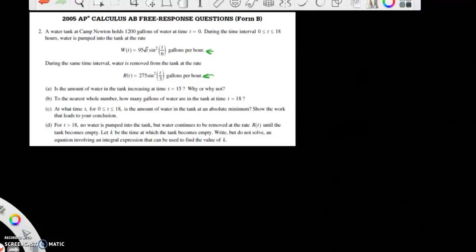So if you want to know if it's increasing or decreasing, you got to figure out W of 15 and R of 15. This is probably the hardest thing, plugging into the calculator with all the parentheses. So it might be easier to do it individually then subtract them. So W15 minus R15. I did it all together on the calculator, but it took me about a minute or so to figure out where the parentheses are. On TI-89, you have to put the parentheses around the entire sine, including the t divided by 6, and then square that part. So when you solve this, you get negative